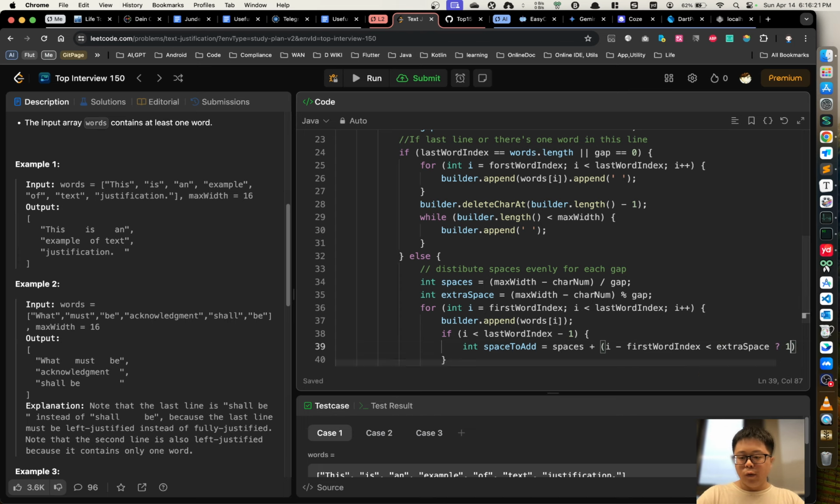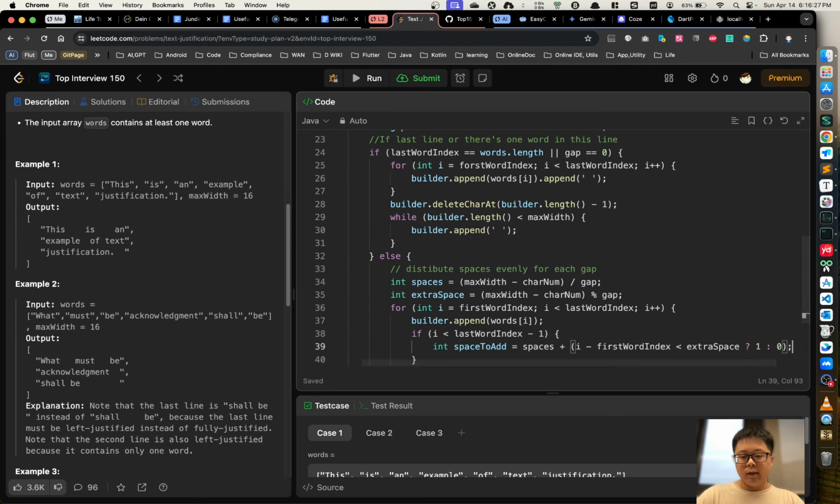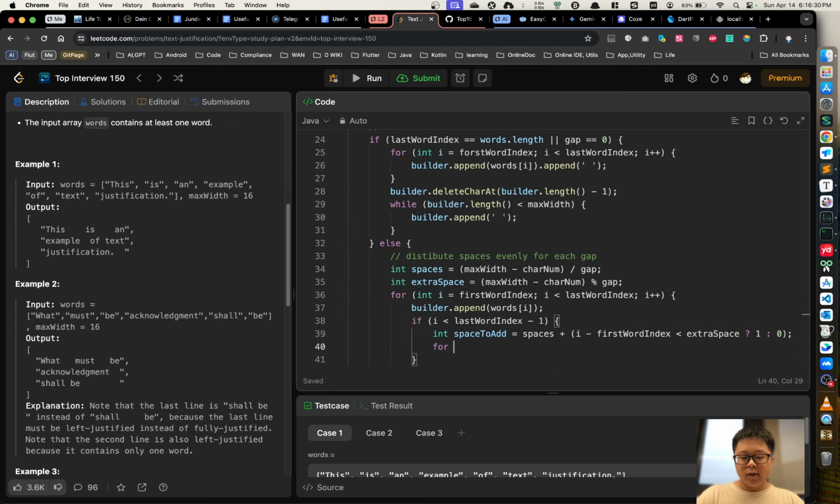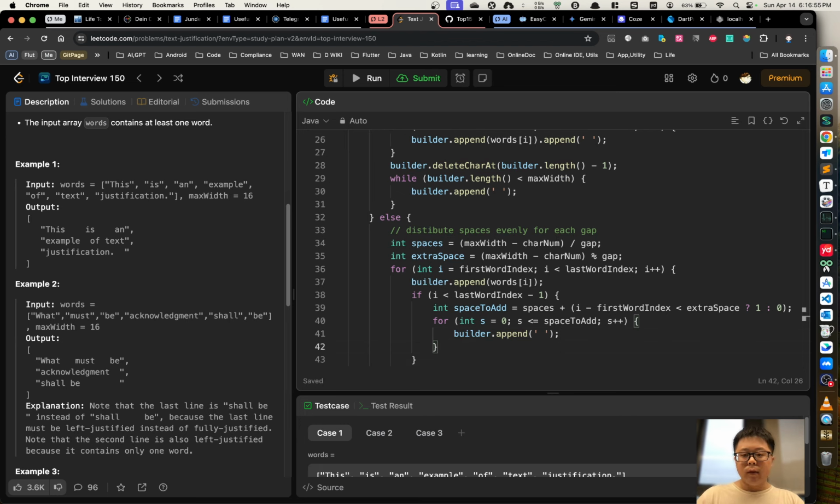If the condition is true, which means there is an extra space or 0 space, then we just add it. We have another for loop, int s equals 0 and s is less than or equal to space to add, and increment s. Inside the for loop, we just append the space character as much as we need. And out of the else condition,